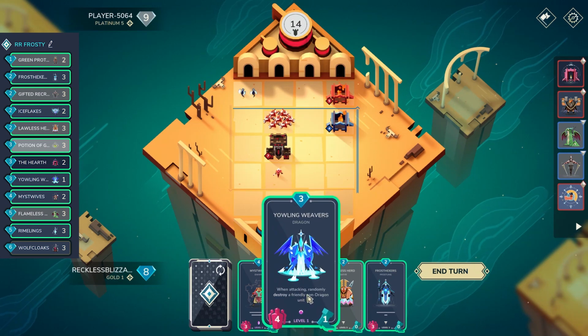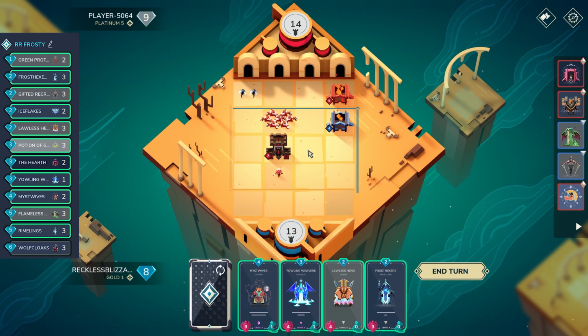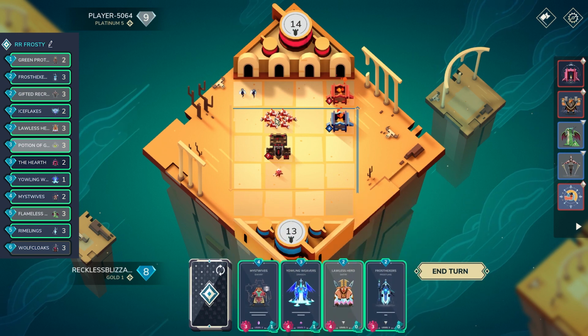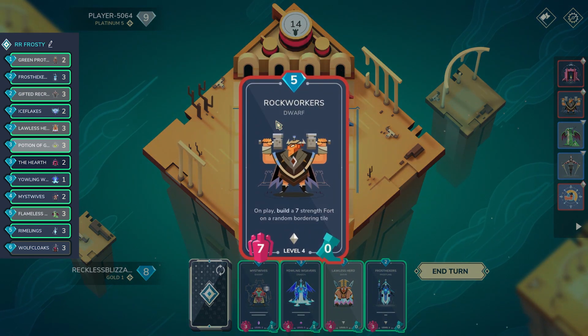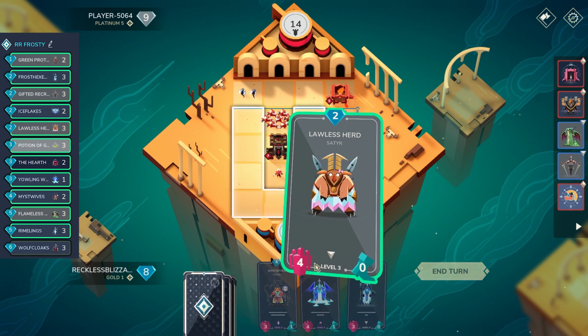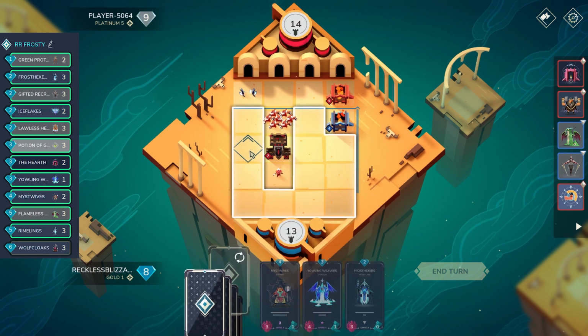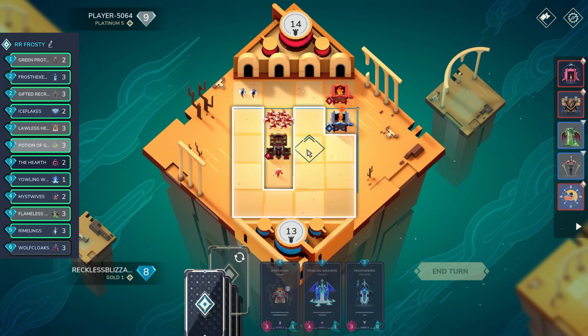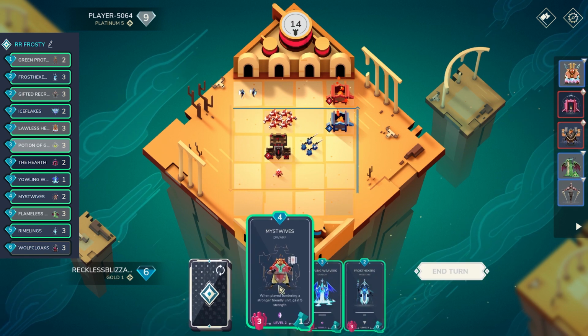Yowling can be played now, but it's kind of hard to say it should be played, you know? I'm actually considering just doing these 4. Yeah, this 4 makes a lot more sense. This is 8 strength. Okay, I will actually go ahead and do this play. Or I could actually do it on this side. It does sound a little bit better. Yeah, we'll go ahead and do this